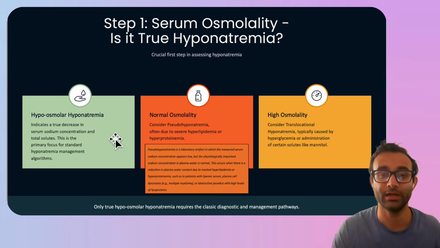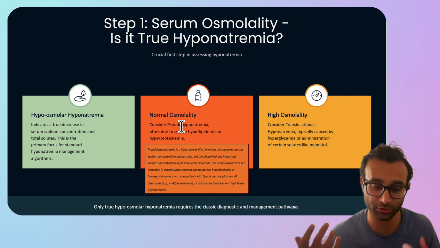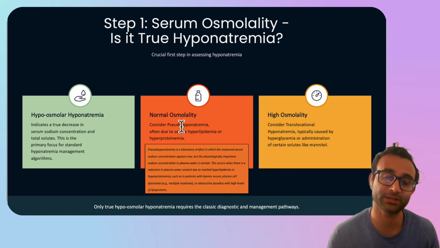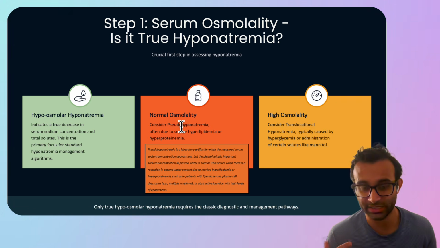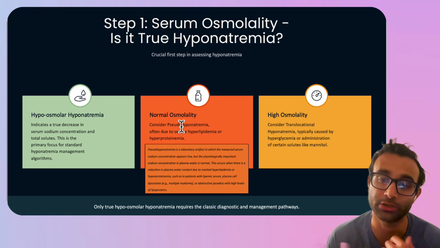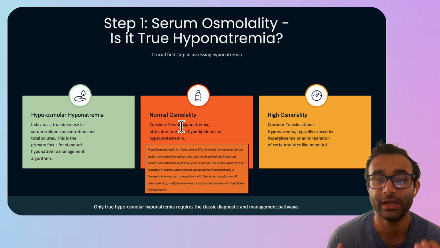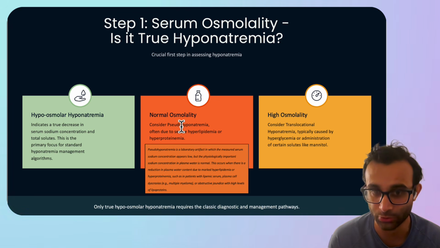Let's say you have a normal osmolality in the serum. Well, that's interesting, right? Because your sodium is low, but the amount of osmoles in your blood is normal. The reason why that can usually be the case is because you have something in your bloodstream that's not being measured when we measure the serum osmolality, or it is something that is causing the amount of water in the bloodstream to get higher, and that leads to lower sodium levels. That can often be because of proteins in your blood. It can also be because of lipids in your blood,